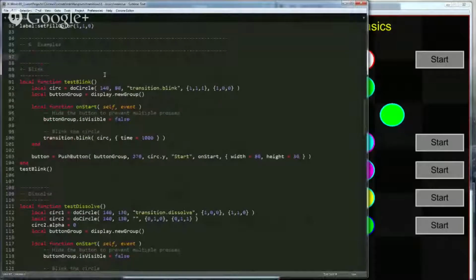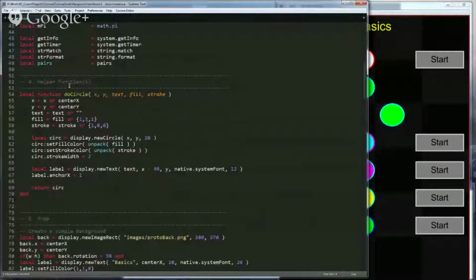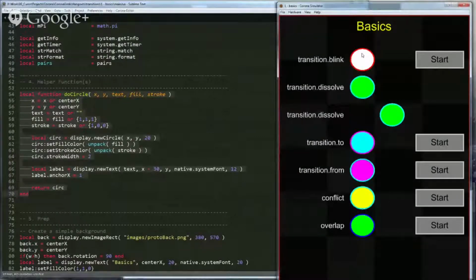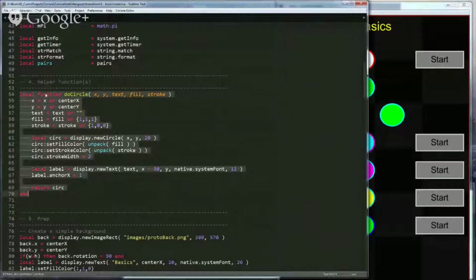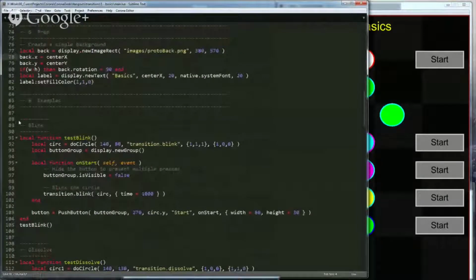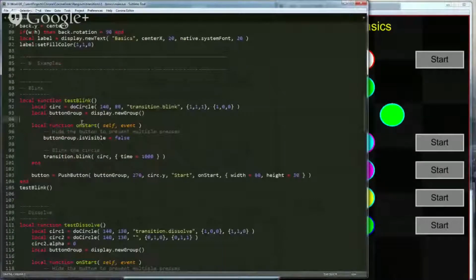Okay. So for the blink I used a helper function which I wrote up above. This is in main.lua, by the way. For all of these examples, I have a helper function that creates a circle, and it draws the text here, and it fills in the color, so I don't have to write the code over and over. So I can make all of this in one line of code. For the blink example, which starts down on line 91, I create a circle, I fill it with white, I give it a red border, which is what you're seeing here, and then I create a button, and that button will call this function,